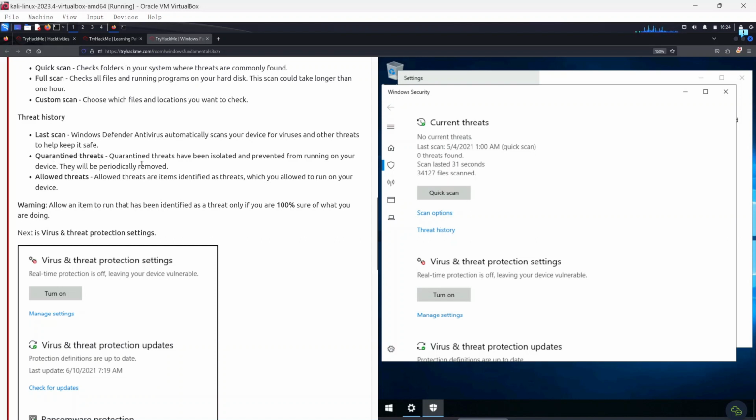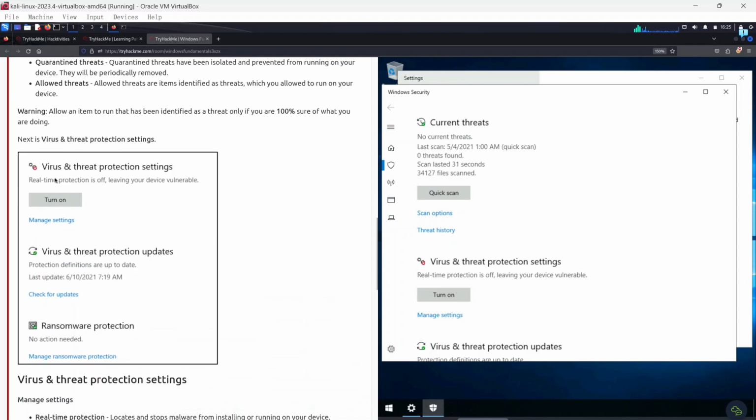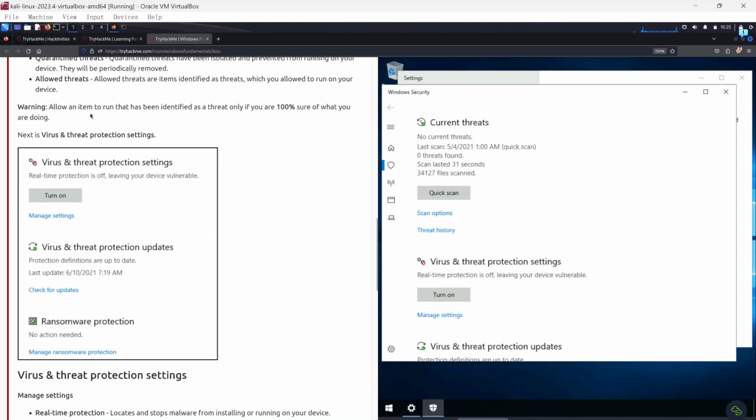Quarantined threats. Quarantined threats have been isolated and prevented from running on your device. They will be periodically removed. Allowed threats. Allowed threats are items identified as threats which you allow to run on your device. Warning: allow an item to run that has been identified as a threat only if you are 100% sure of